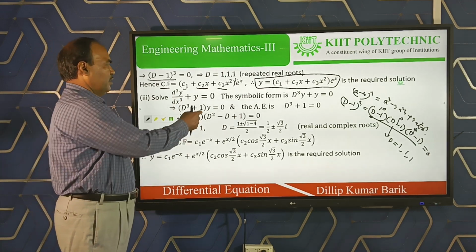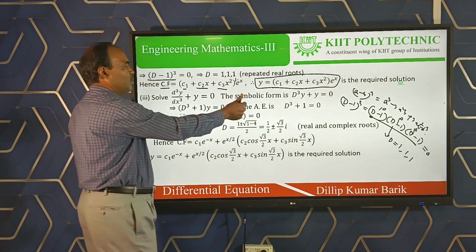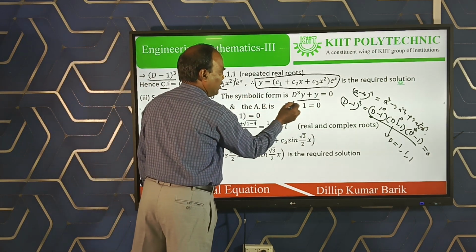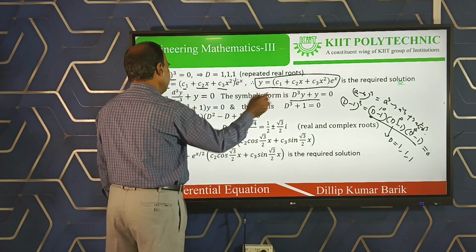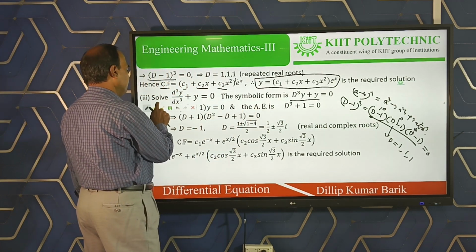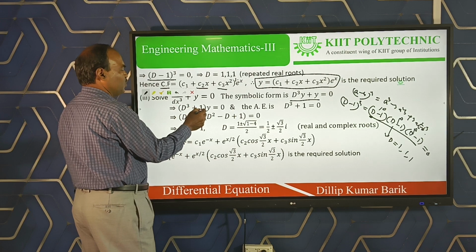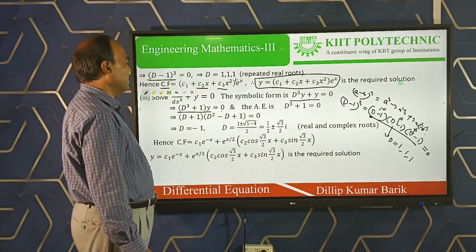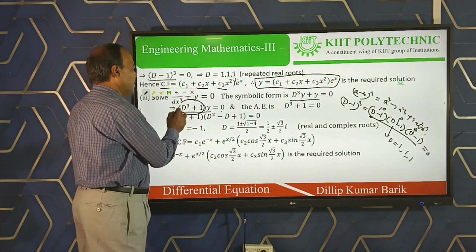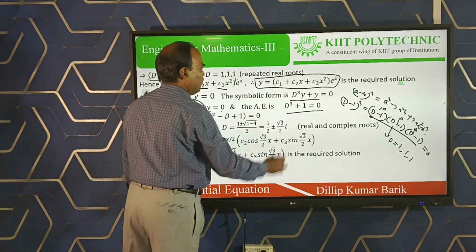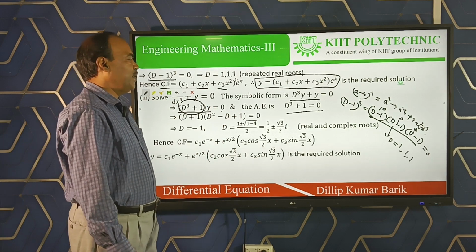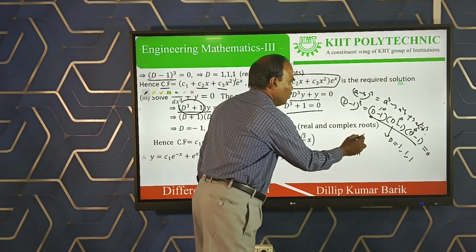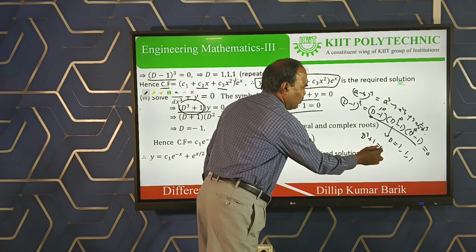Clearly, using the previous knowledge, the symbolic form is D cube y plus y is equal to 0. Clear? So taking y common on the right side, (D cube plus 1) y is equal to 0, and the corresponding auxiliary equation is D cube plus 1 is equal to 0. So now see, if I simplify using our previous algebra method,